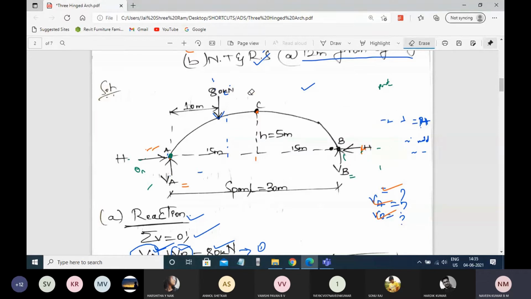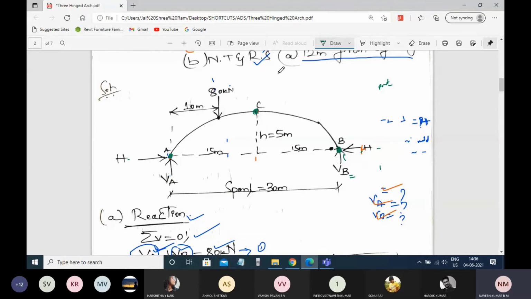Okay, so if you just remember the procedure for how to find the unknowns, that is more than enough. These points, the moment at these points we already considered as 0 because of the support. That means it is free to rotate, where you cannot expect any moment value.